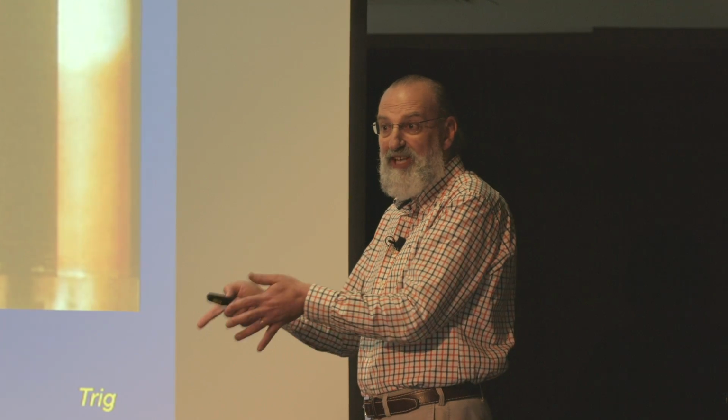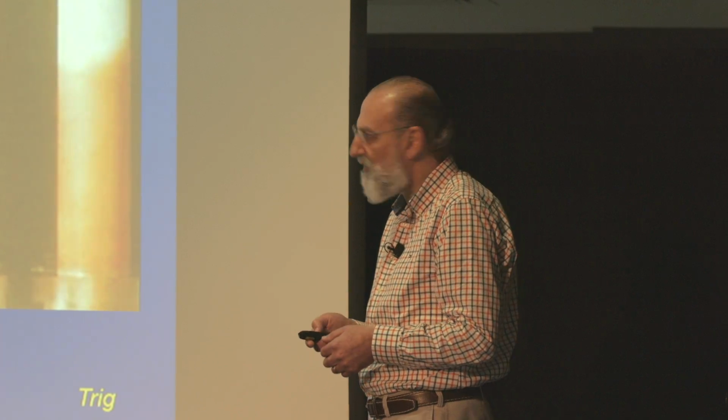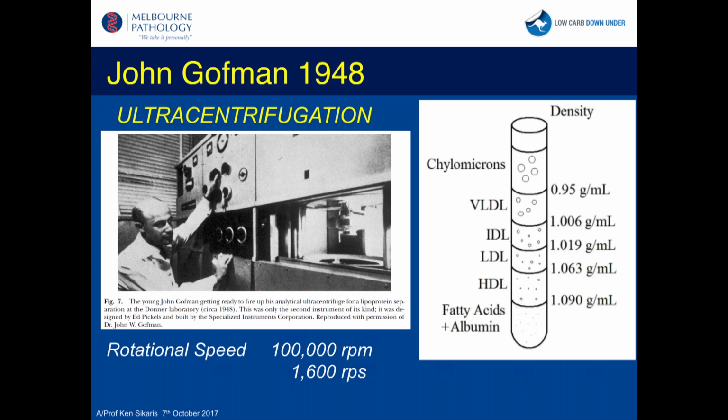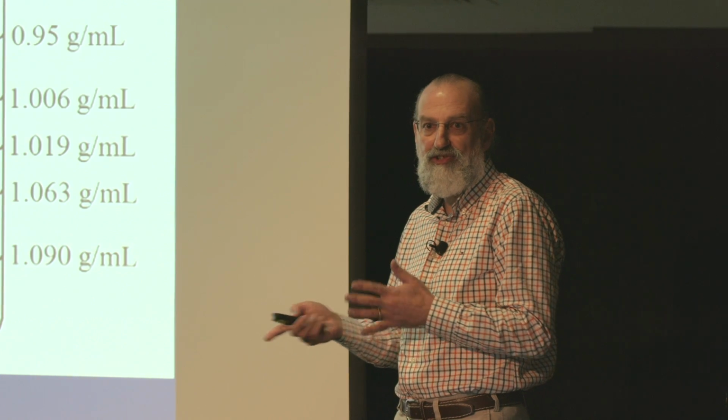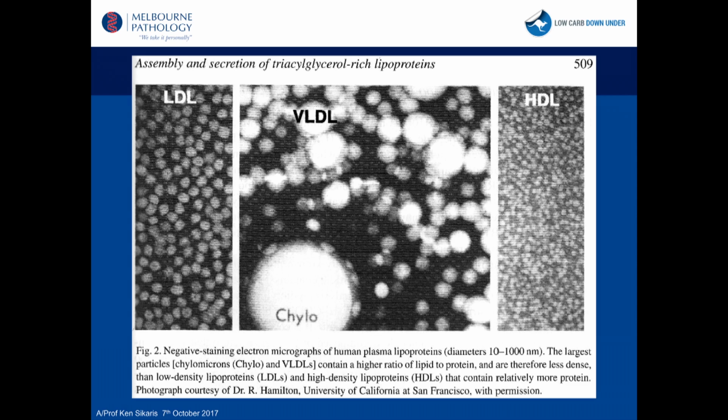But this sort of pointed to something going on within the blood. More than just cholesterol and triglyceride, there was something different about people's cholesterols and triglyceride. And this guy, John Gofman, the Americans invented the ultracentrifuge to separate uranium isotopes and create atomic bombs, but others tried to use it for even better uses like medicine, and they used it to separate the particles that contain the triglyceride and the cholesterol. And they found that some particles were very light or very low density lipoproteins, and some were very heavy density lipoproteins. So suddenly we had more than just cholesterol and triglyceride, we had these different lipoproteins, but we didn't really understand what they were. We understood that chylomicrons were huge and that HDL and LDL were small,